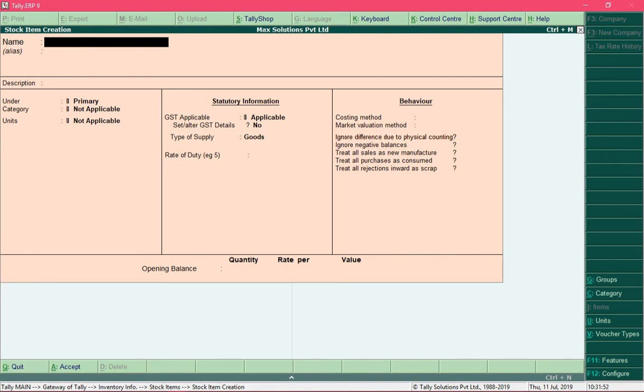Now let me create a stock item for ink cartridge. It is of HP brand, and I provide a short description.